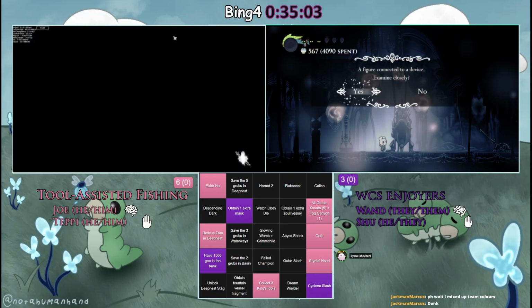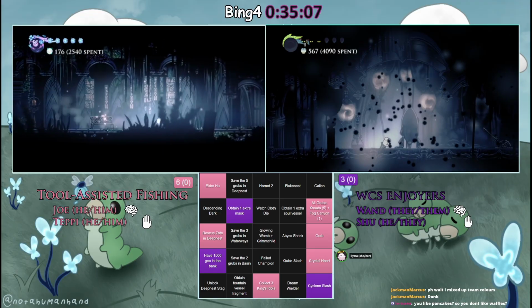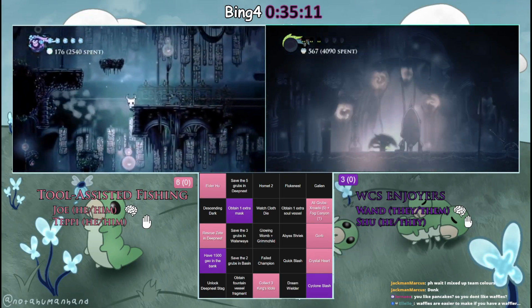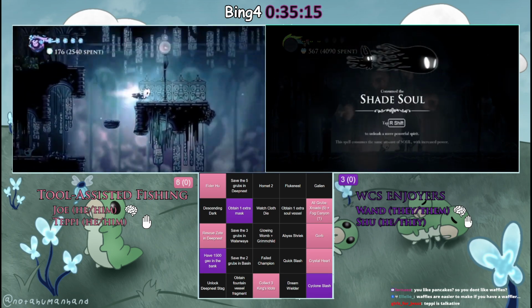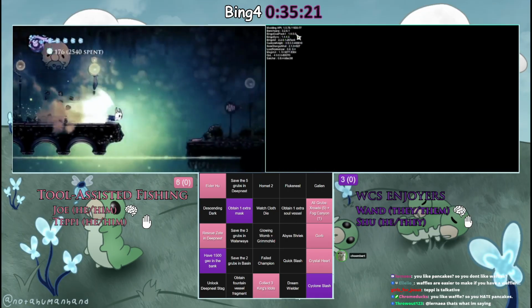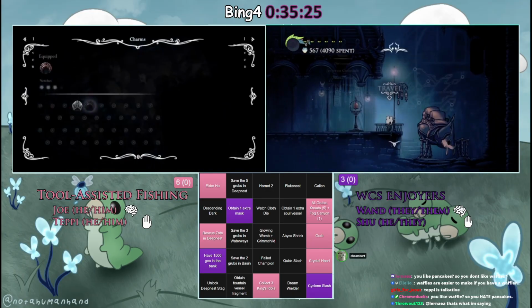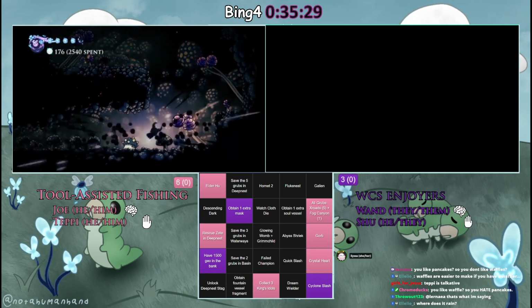Tool assisted fishing defeating Elder Hu while WCS Enjoyers picks up Shade Soul. I wonder if they'll go into Sanctum after. Now, once again, I would love to see Glowing Grimchild. I would love to see the Grim Troop activated. We need that cliff strip. I don't know how many times Joe wants to send Debbie to cliffs, but well,